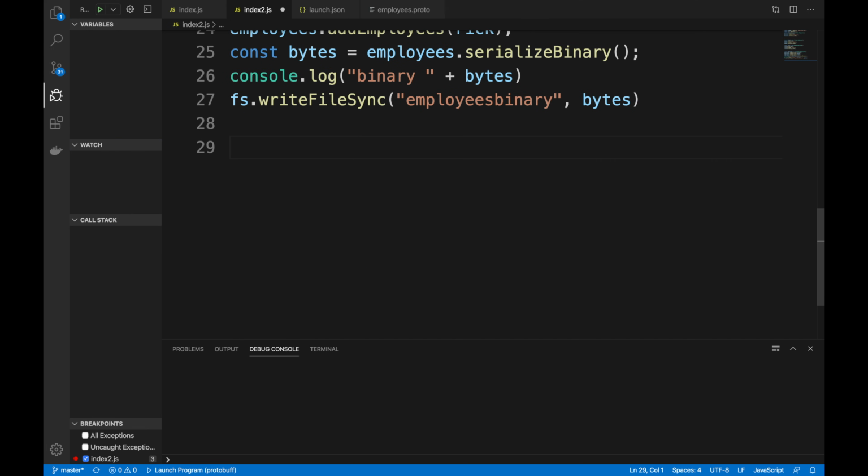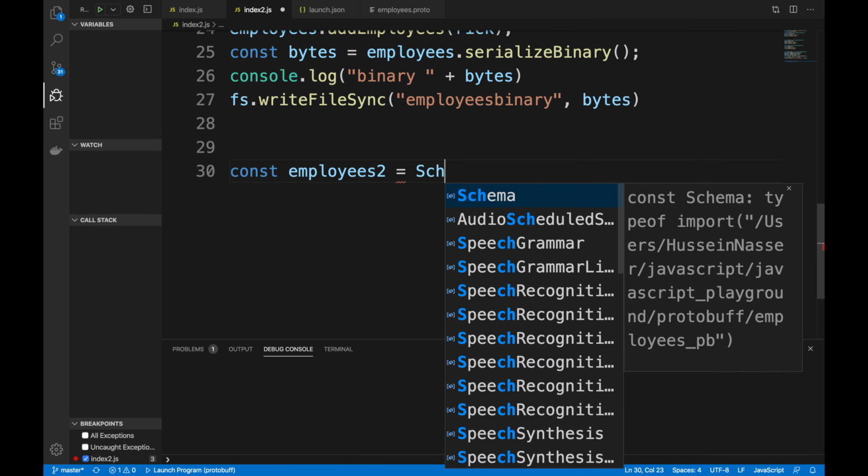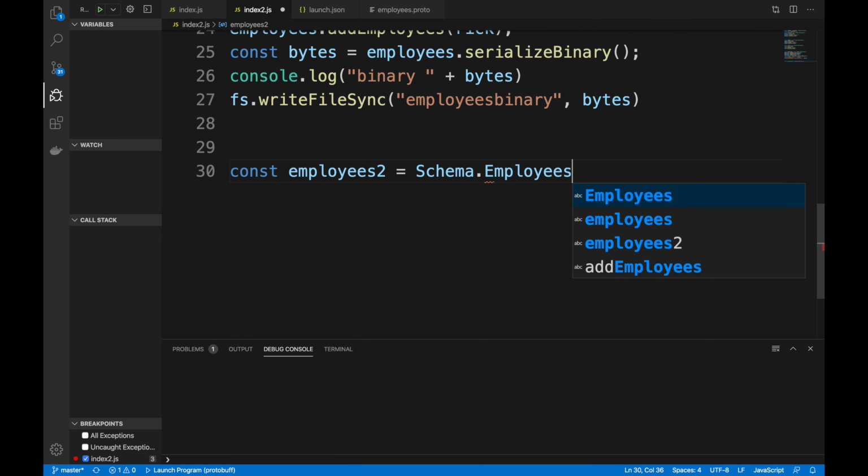And then, all right, let's actually deserialize these bytes back to actual objects and print them. We can do that, definitely. We know that the object that we serialized is the actual employees class, so that's a very important thing. So what we're going to do here is const employees2 equal schema.employees, with an S, dot